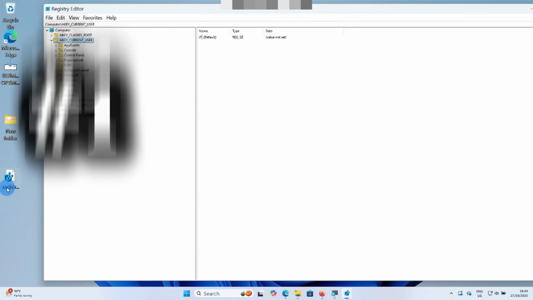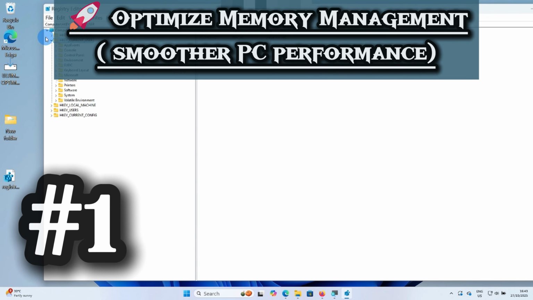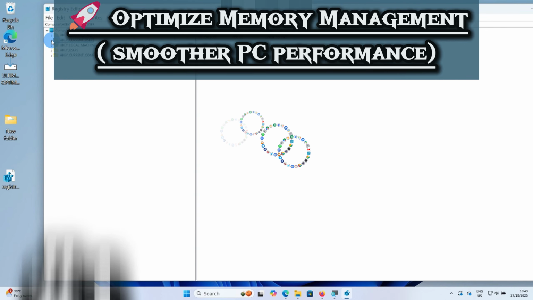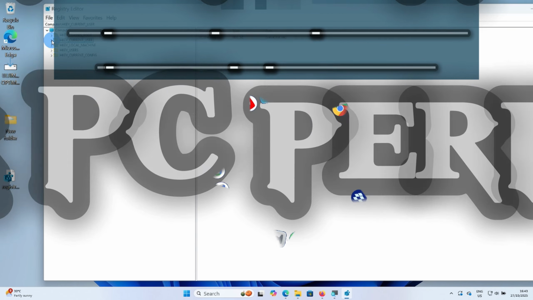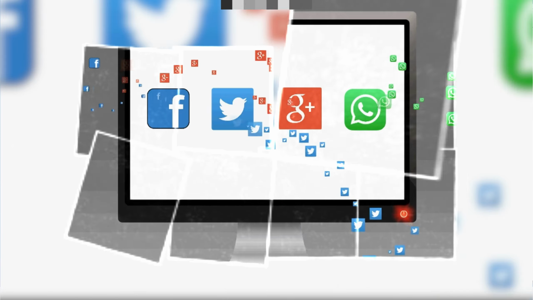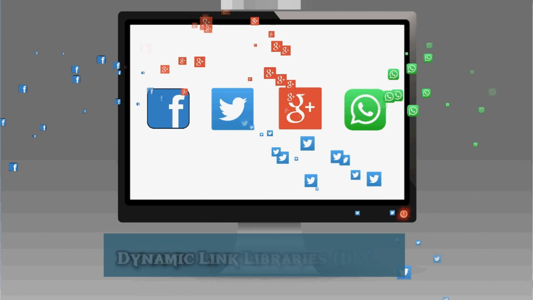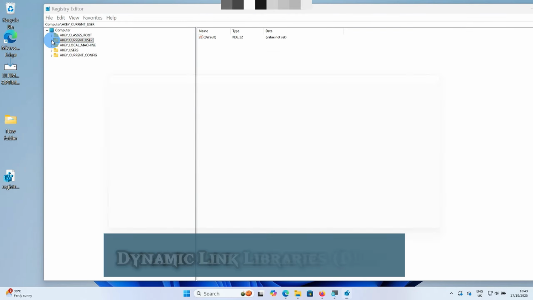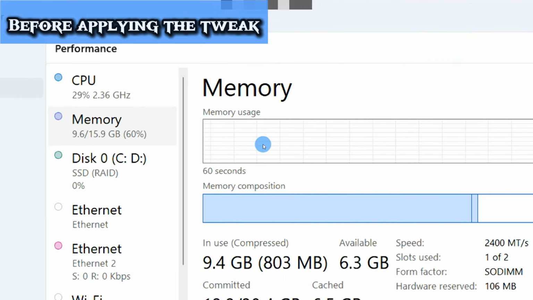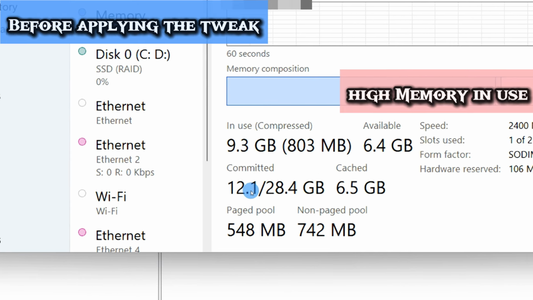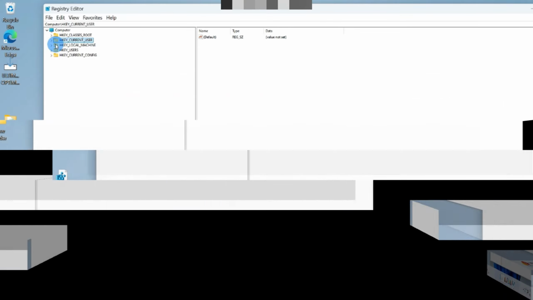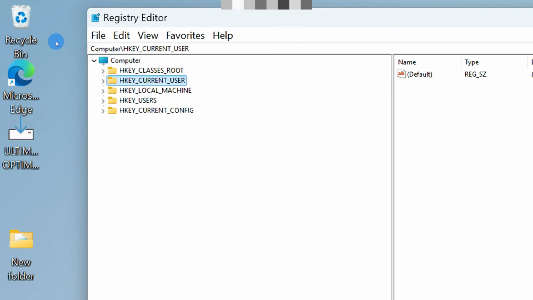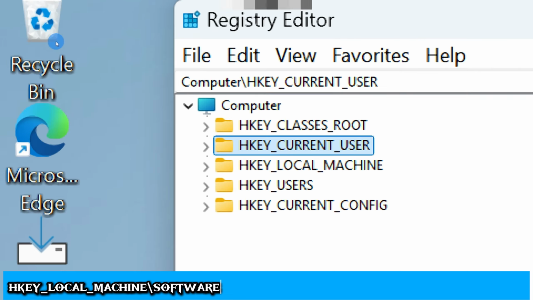instantly. For our first optimization technique, we are going to optimize the memory. Windows keeps dynamic link libraries. These are tiny system files your apps use, which are loaded in memory even after the program closes. On fast PCs, this is fine, but on slow or low RAM systems, it wastes valuable memory and can make your system feel sluggish. In these settings, we will tell Windows to unload DLLs immediately after use, freeing up memory